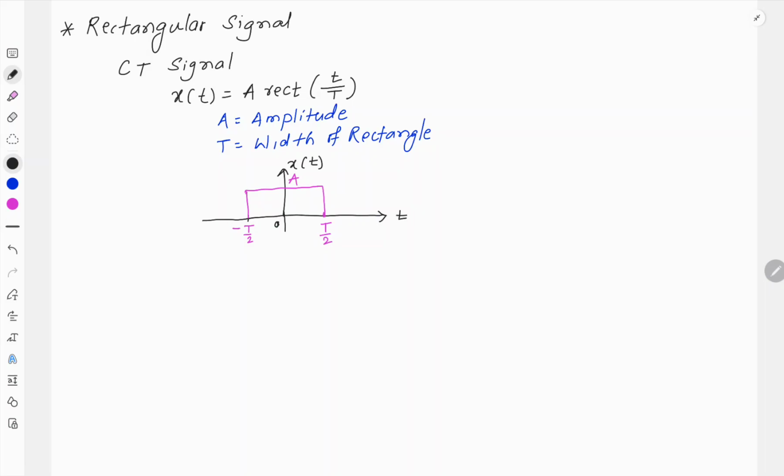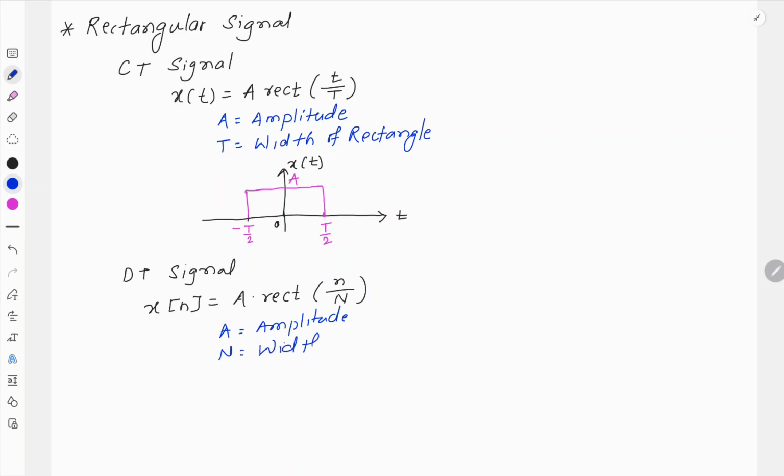Similarly, to represent rectangular signal in discrete domain, we have the equation as x of n equal to A rect of small n divided by capital N. Here also this A represents the amplitude and capital N represents the width, and the signal is drawn as x-axis will be n, y-axis, which is amplitude, will be denoted as x of n, and this signal will now start at minus N by 2 to plus N by 2,